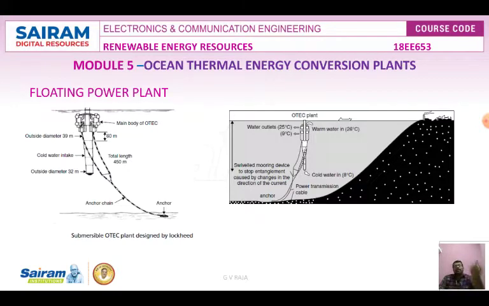So from the ocean surface we are taking this one, and then it is used for the temperature. The cold water pipe is the largest single item in the land based design. But here, after generation of the electricity, it has to be given to the grid. So for that, a nearly 1,000 meters long vertical pipe is required for this floating plant, which is 3 times greater than the land based one.